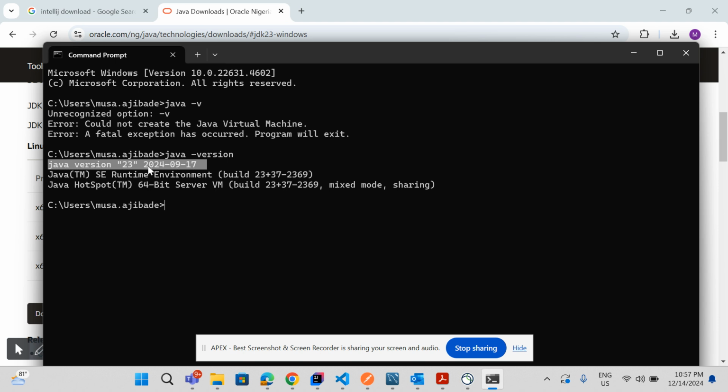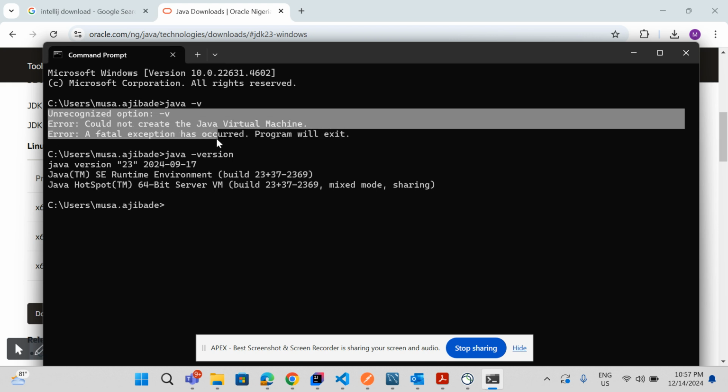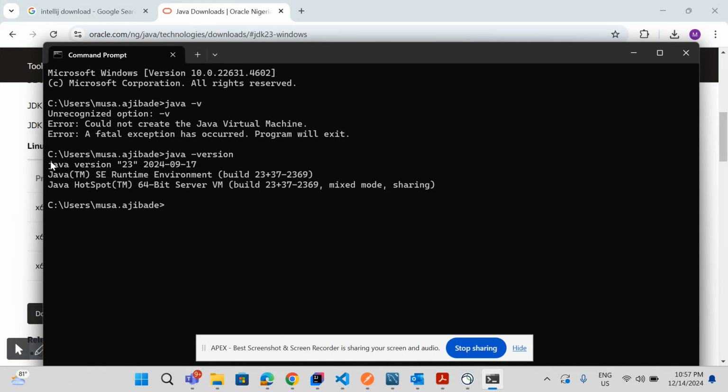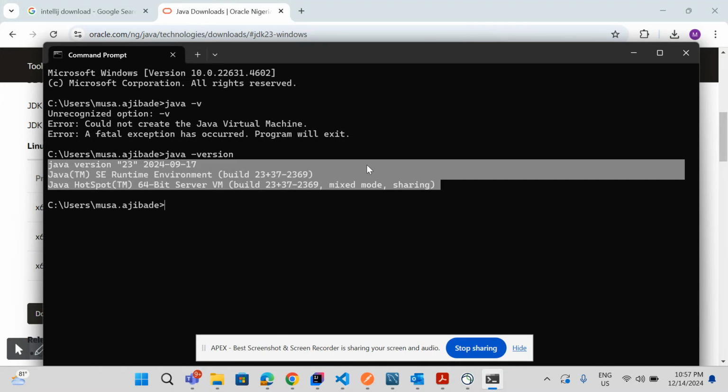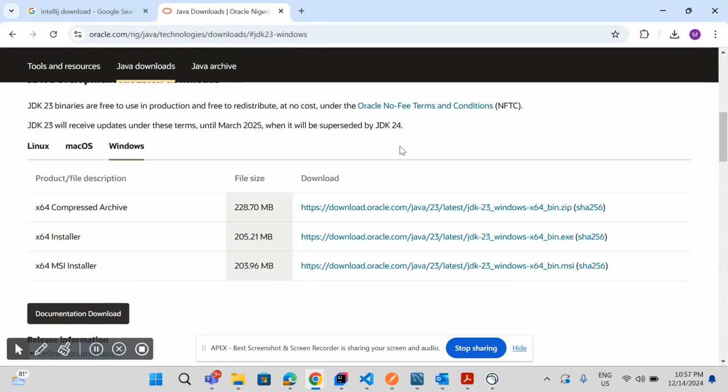If this doesn't come up, or it shows you something like an unrecognized option, it probably means you don't have Java installed yet. But on my own system, I have Java installed, so it works just fine here. So after doing that, it means your system is ready